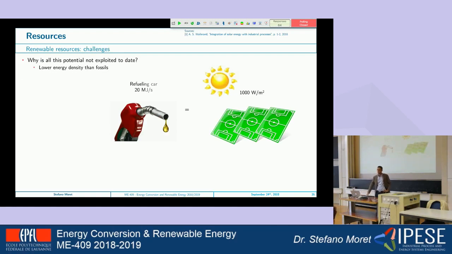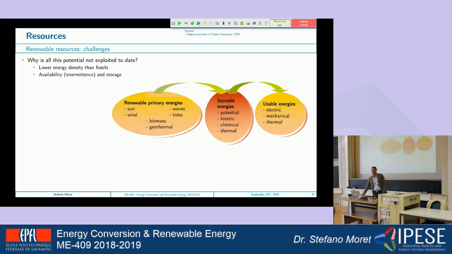So the first challenge that we have with renewables is energy density. Just to make you a comparison, when you are refueling your car, the power that is emitted by the refueling pump is equivalent to the power of the sun at noon that heats 3 football fields. So this is just to give you another magnitude of the density, and we discussed that already before. The second is intermittence and availability. So the sun, as you know, doesn't shine all the time, it doesn't shine at night. And so we need storage technologies, and we need other things in order to be able to harvest them.